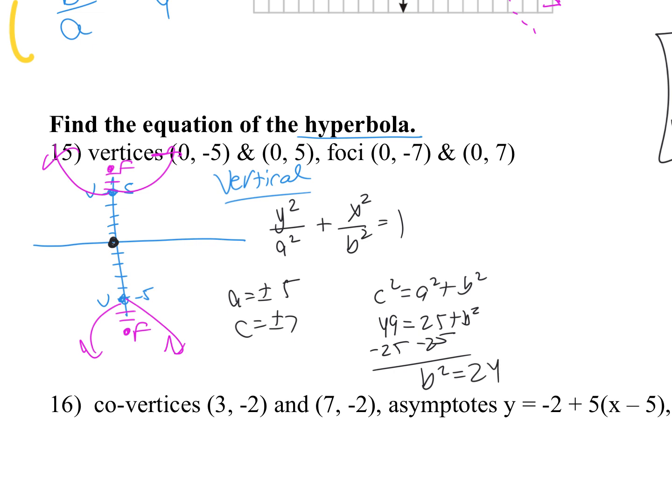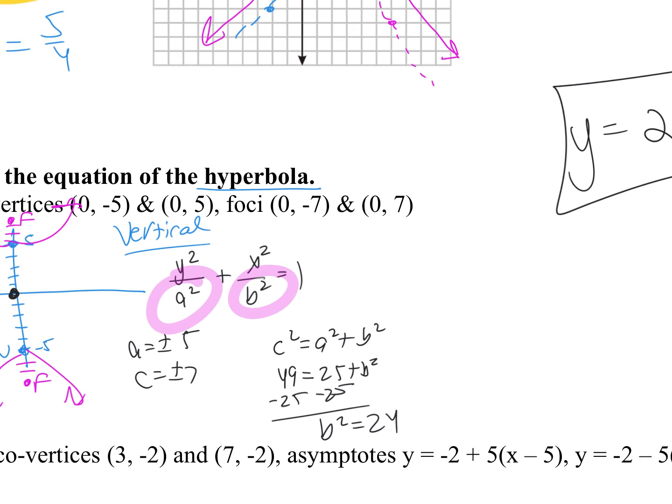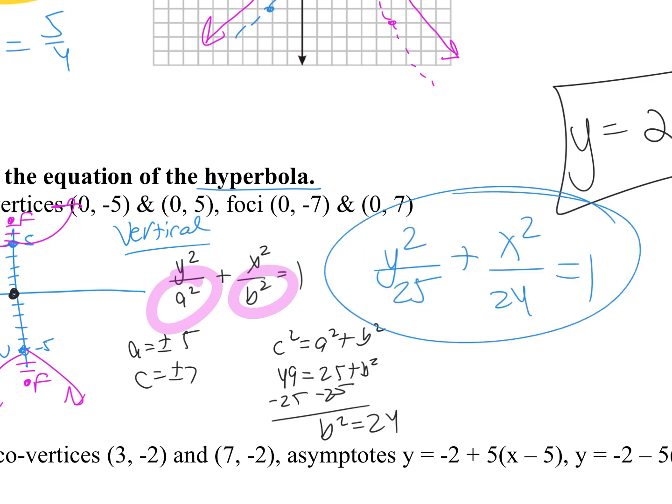So some of you are like, oh, now I have to break down the radical of 24. Guys, think about it. What are you looking for in this formula? You're looking for B squared. You're looking for A squared. So you don't need to break down that radical. You can just say, oh, okay, I know what I need. Y squared over what's your A squared? 25, oops, plus X squared over what's your B squared? 24 equals 1. I didn't mean to put a plus. This should be a minus. Yeah. Hyperbolas, minus in the middle. All right,